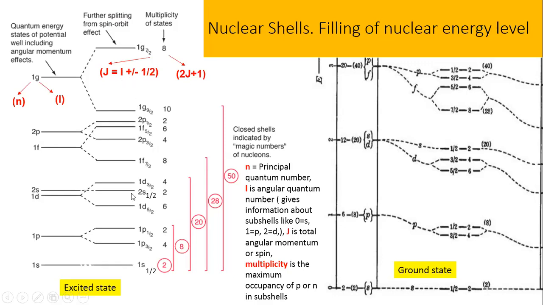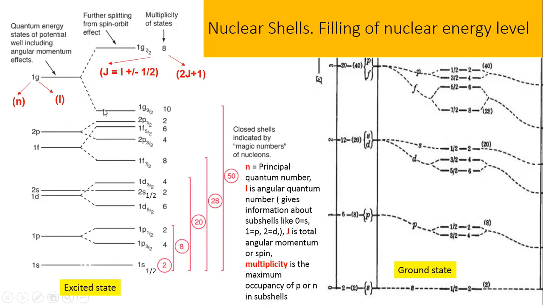So first will come the positive summation, and then the negative summation from the angular quantum number. Similarly, for the D, the value of L is 2. So 2 plus half will be 5 by 2, and 2 minus half will be 3 by 2. Similarly, you can do it for the rest of the other